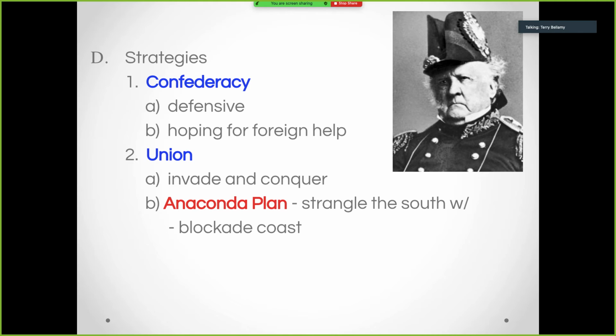Is the Anaconda Plan just like a gigantic siege of an entire country? Yes, it is. Is it going to be quick and over? It doesn't really fit with that Abraham Lincoln idea of 75,000 troops for 90 days. A siege takes time. Even if Mr. Zurich somehow surrounds our room and holds us under siege, we can survive quite a while in here.